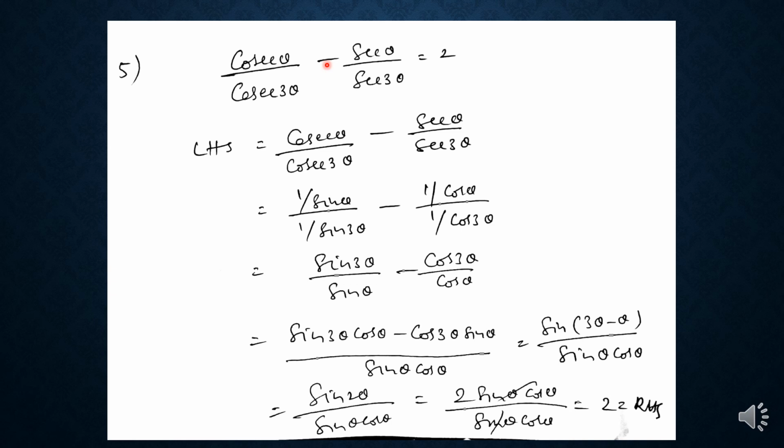So write cosec theta in terms of sin. Cosec theta can be written as 1 by sin theta, divided by cosec 3 theta, which can be written as 1 by sin 3 theta, minus secant theta, which can be written as 1 by cos theta, divided by secant 3 theta, which can be written as 1 by cos 3 theta. Rewriting, this becomes sin 3 theta by sin theta, minus cos 3 theta by cos theta. Now by taking the LCM here,